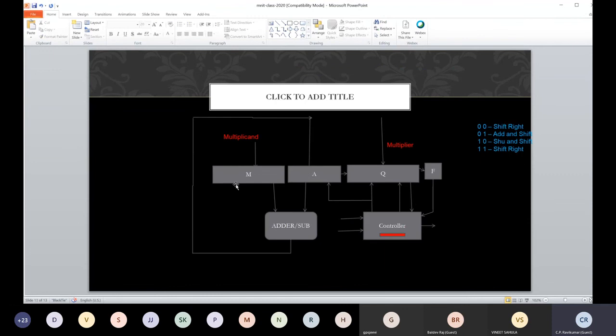So go back to the original thing. We came up with this architecture for Booth's multiplier. Functional bugs can occur, right?